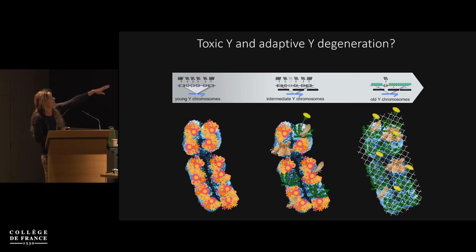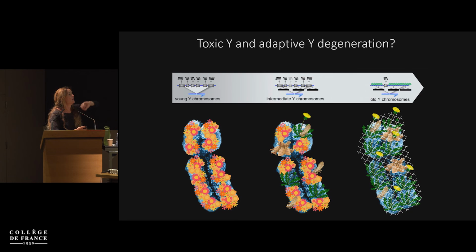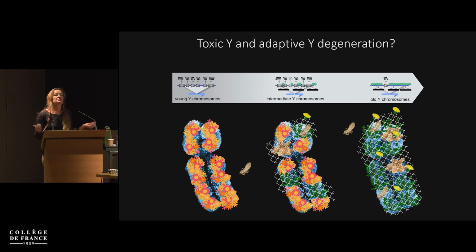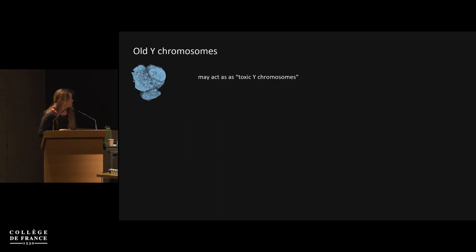But if you have this intermediate stage that Drosophila miranda has, you have a lot of repetitive DNA interspersed with actively transcribed genes, so you can only do this patchwork of silencing, and you might have very inefficient silencing. And then you might be much better off completely epigenetically silencing that neo-Y chromosome and dosage compensating the X chromosome, in order to avoid the mutational burden that the neo-Y chromosome would put on males, like increased mutation rates and so forth.